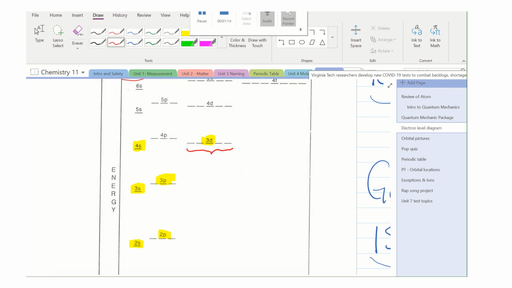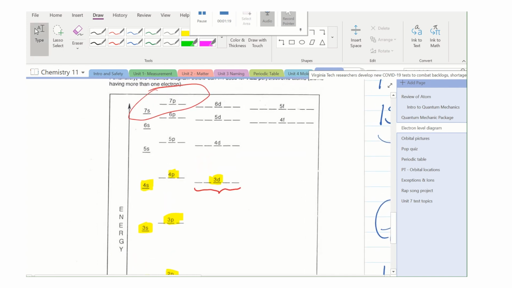And then after the 3d, it goes into 4p's. Okay, and if you take a look here, 5s and then 4d's, just keep on building on from the previous one, and then 5p's. Now after the 6s orbitals, there's the f orbitals. Okay, so 7 lines here to indicate that there are 7 different f orbitals. I do not expect you guys to fill in electrons into the f orbitals.